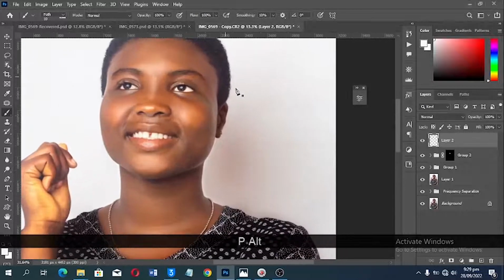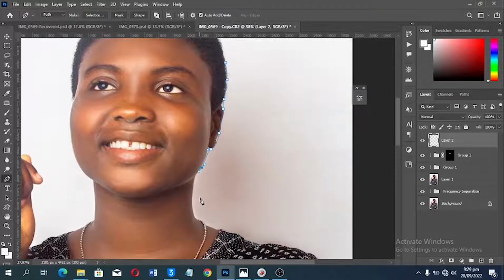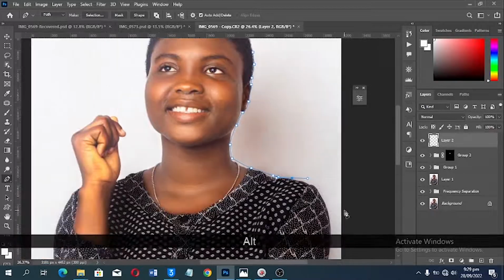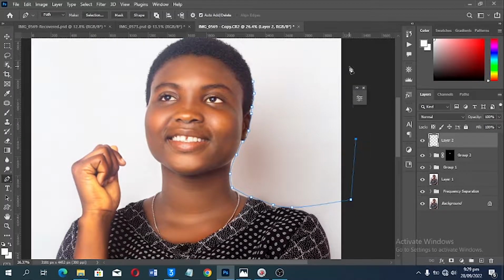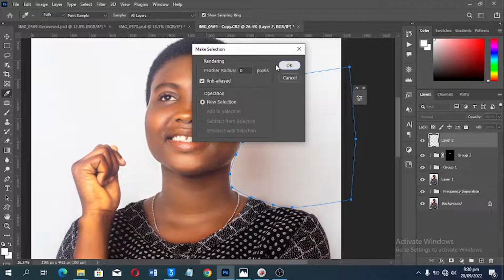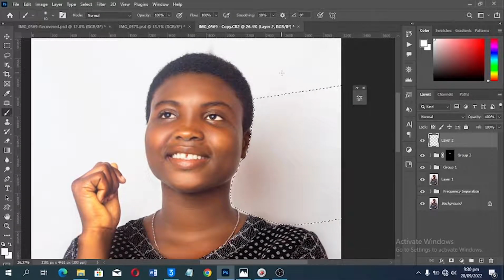So when I zoom in, and maybe let me make a rough one, so clicking and making a selection like this, okay, but you have to take your time to make the correct selection. Then when you go through all the edges, you can end that, okay. So when you end it, you click on selection at the top here, you click on OK, and with the help of your brush tool, so you can click on B for that, right click on it,